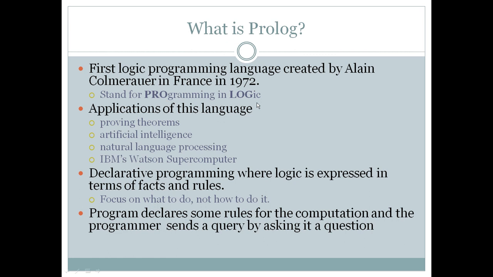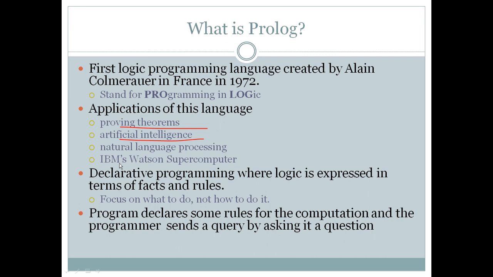The applications of this language include proving theorems. It's used in many instances of artificial intelligence. It was first actually used for natural language processing, and interestingly enough, it is part of the code for IBM's Watson supercomputer. So Prolog is a declarative programming language where logic is expressed in terms of facts and rules, meaning